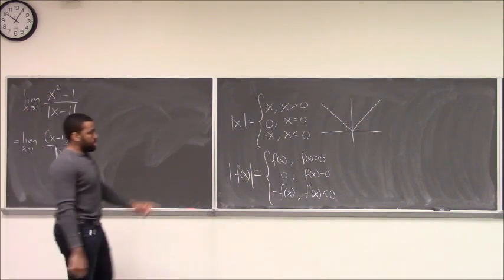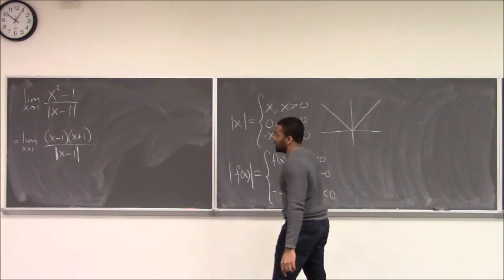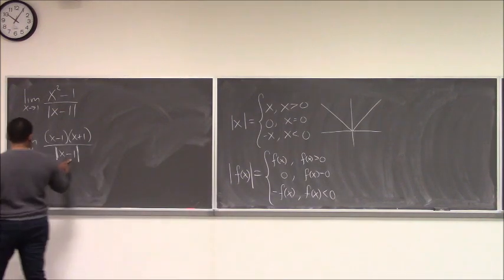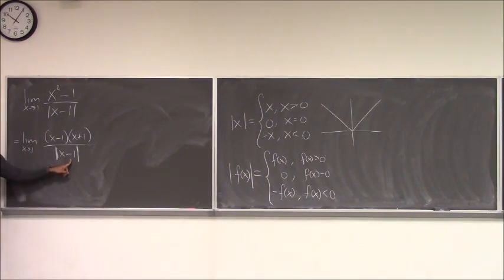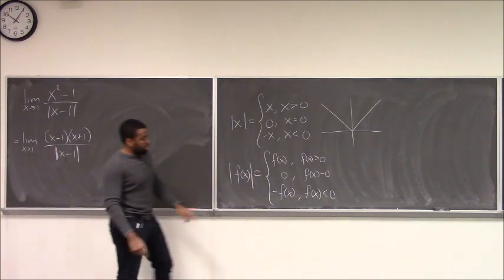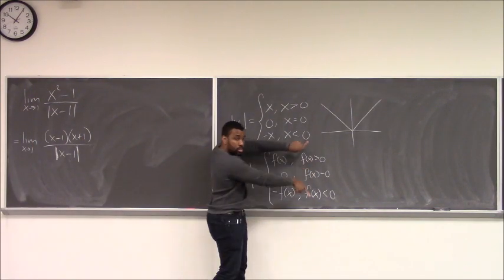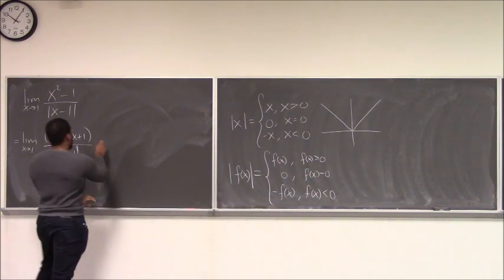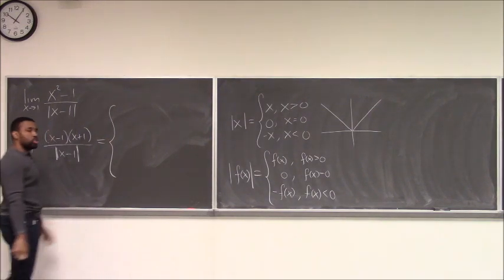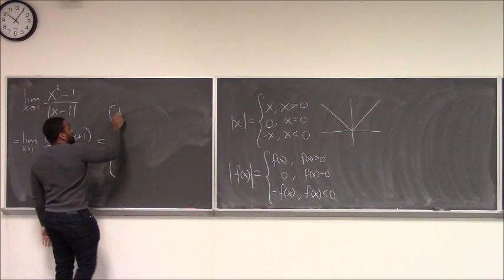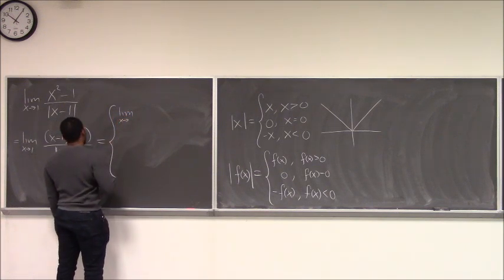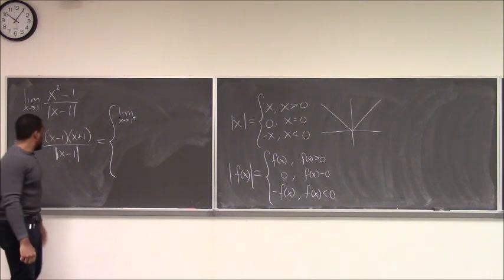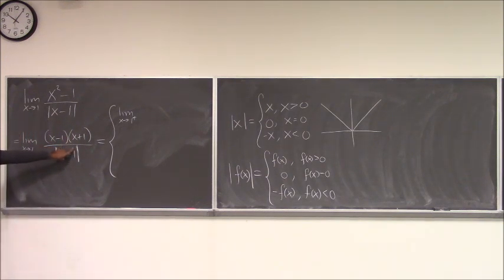Right? Now applying that here, you see an absolute value, and you're approaching the point where that absolute value is hitting 0. You need to understand that at that point, things split. Now it depends on whether you're looking at the positive side or the negative side. So now this one limit becomes 2 limits that you have to consider. It depends on if you're coming from the right side, in which the inside expression is going to be positive, and so the absolute value is just going to give you the function back.